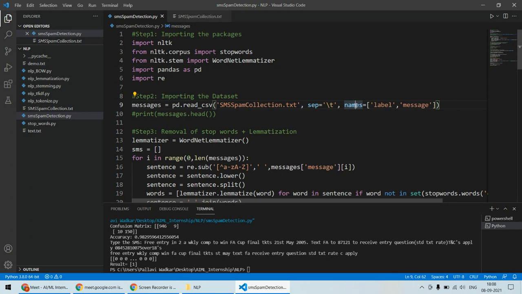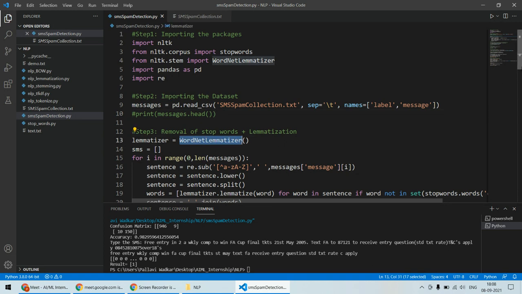And names हमने use किए यहाँ पे, क्योंकि ये CSV फाइल नहीं है तो इसको जो कॉलम्स है उनके टाइटल्स भी नहीं है, हेडर्स भी नहीं है, तो हमने असाइन किया उसको, एक को लेबल असाइन किया और एक को मैसेज असाइन किया, क्योंकि अपना जो डेटा सेट था उसके अंदर एक कॉलम लेबल था and another column was the SMS, तो उसके अकॉर्डिंग हमने इसको असाइन किया। And after that हमने यहाँ पे थोड़ा सा प्रिंट करके भी देखा।